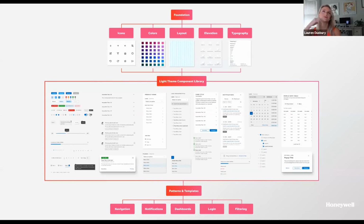Yeah, and if you're at a point where you're still deciding on what tools to use, I really want to emphasize that you need to think about not just what's important for your core contributors, so the people on your design system team, but think about how the tool is going to impact all levels of your users and all types of users. And Figma might not have some of those advanced prototyping features we talked about, but where they